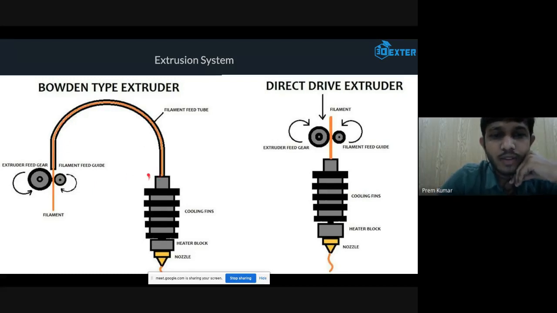Why do we use this kind of mechanism? Because if you separate this complete motor from the mechanism, the hot end will be fixed on the mechanism which is moving in the X and Y directions.